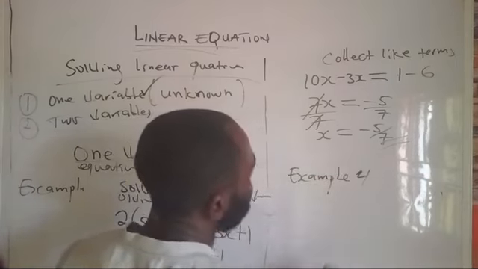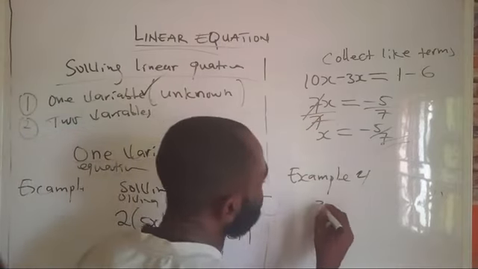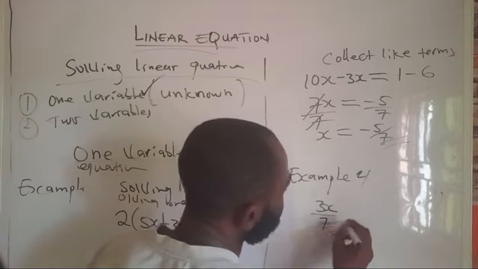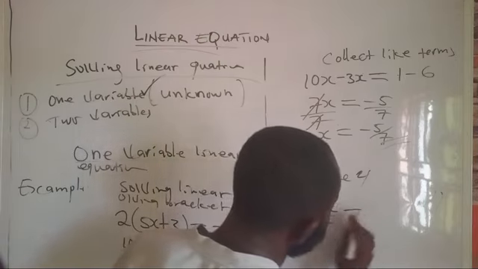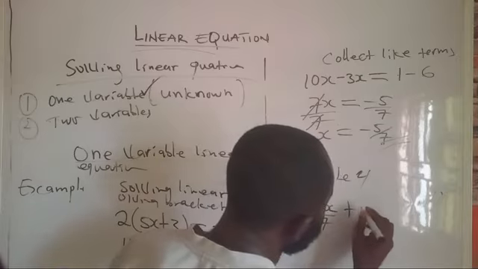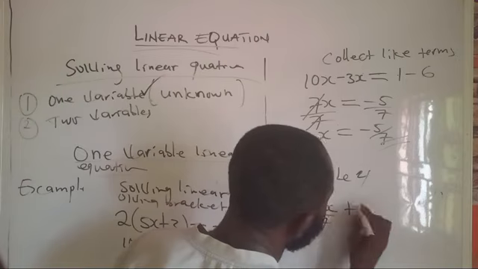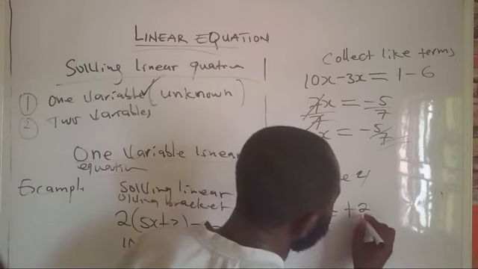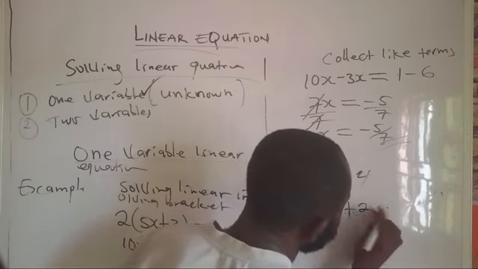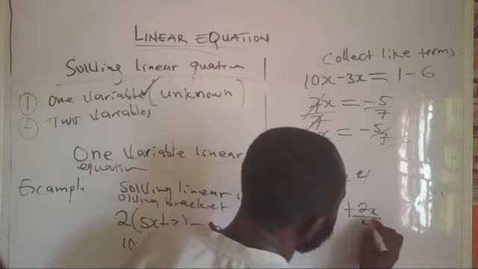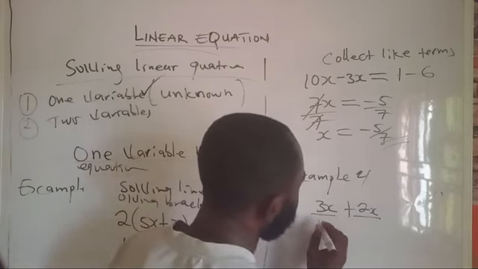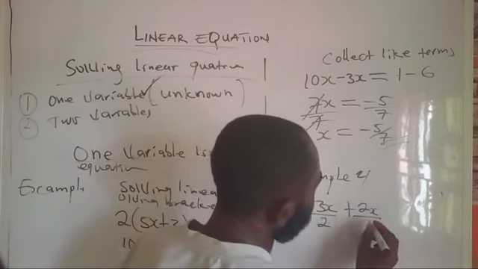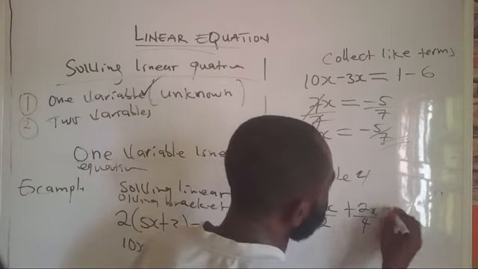Example 4, you can have 3x all over 2 plus 2x all over 4, or let's say here we can say 3x all over 2 and here 2x all over 4 is equal to